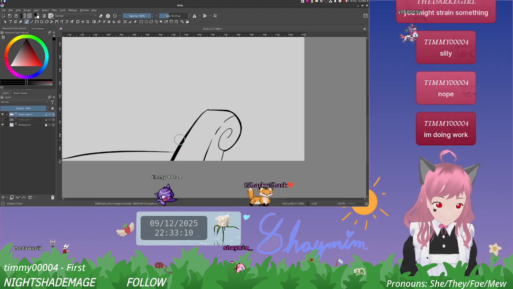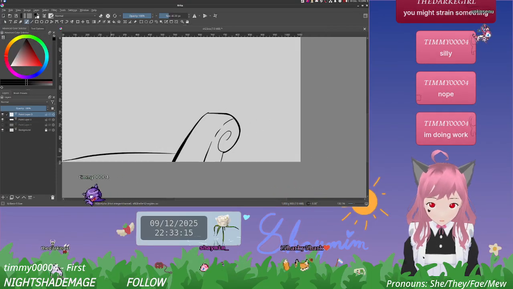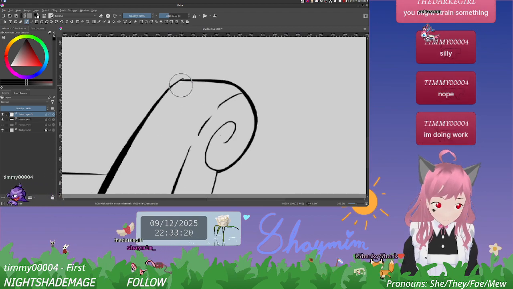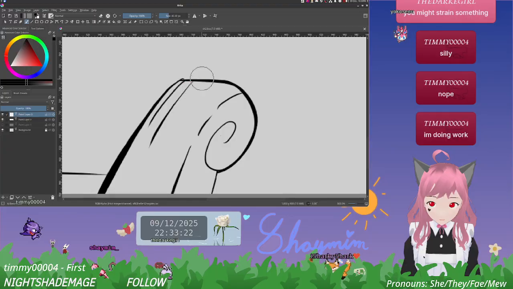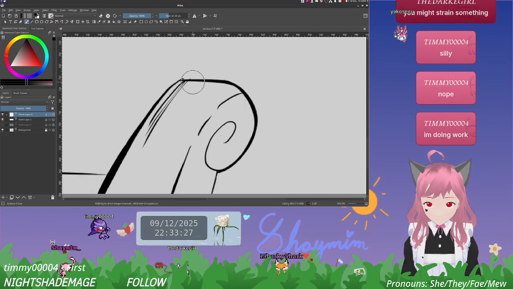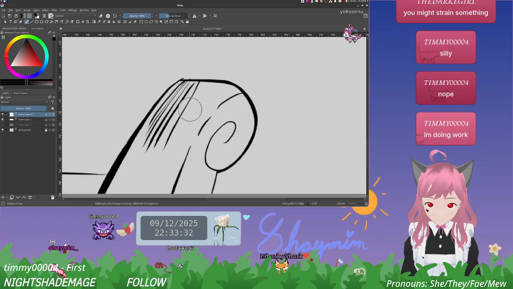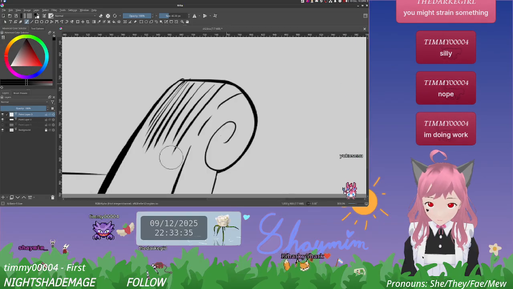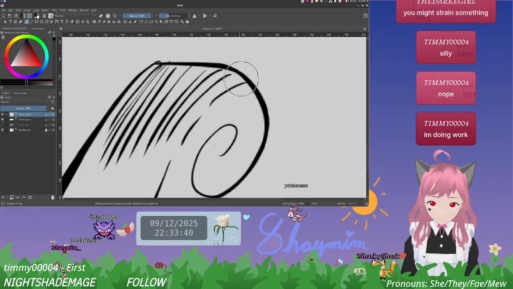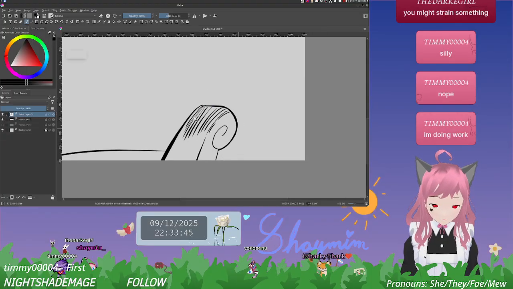And then, if I were to add a new layer, and then this one I use for the shading. Would be like that, because sitting on top of it there.